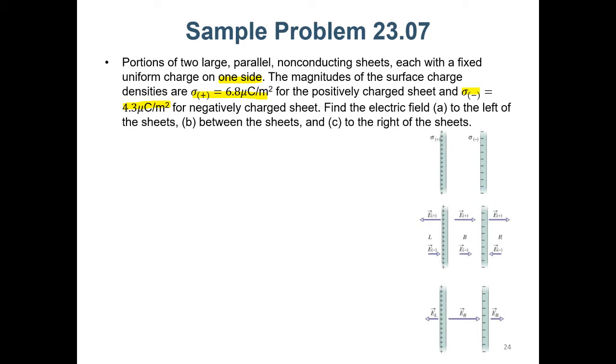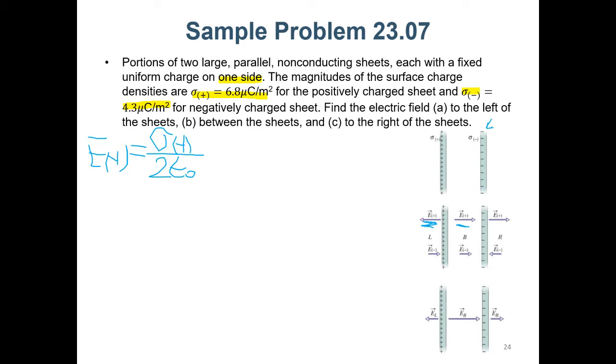So we can consider E plus. E plus will be sigma plus over 2 epsilon 0, which means that it will generate an E field on both sides, like shown here. On both sides,